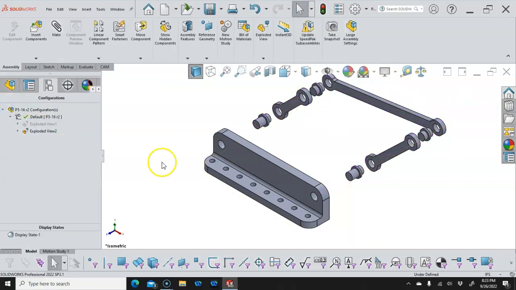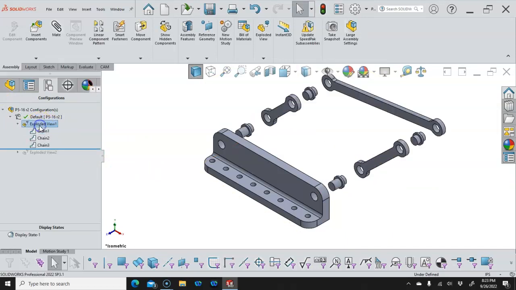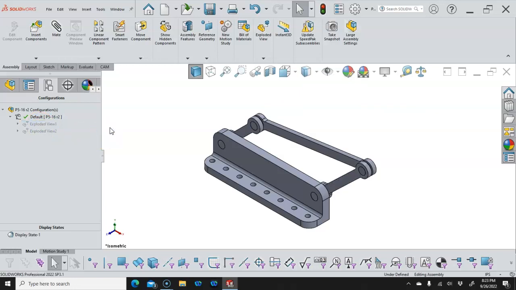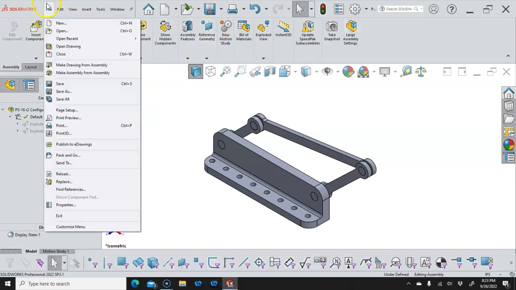All right, so I have an exploded view 1, exploded view 2. Double click on it, it collapses. Double click on view 1, it expands. We can go through those processes, and we want to make sure to save so that when I activate my